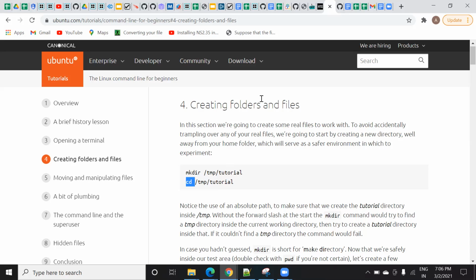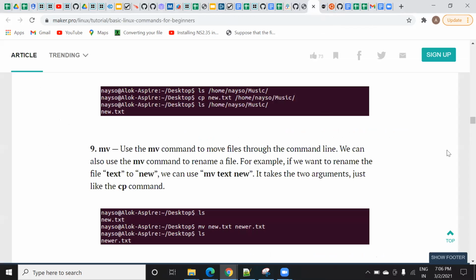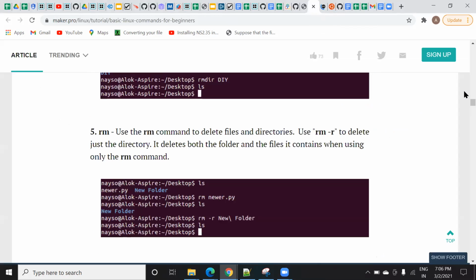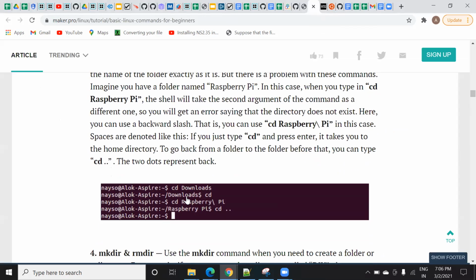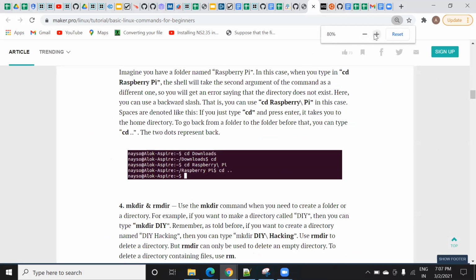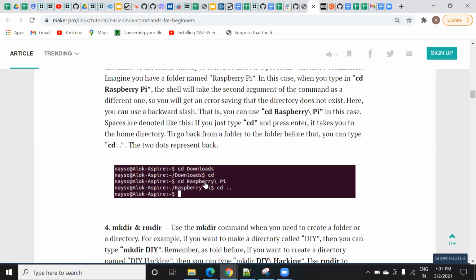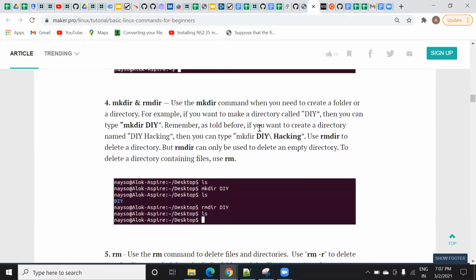Okay, let me show you in this. It is having an output. So see, if you want to go to the download, write cd download, then you will come to the download. Inside download, if you want to again change directory, then you can write cd again, this is the file name, and you will come inside this path. So this is the way of changing the directory and going inside. I will send this link to you. You can go through it once.